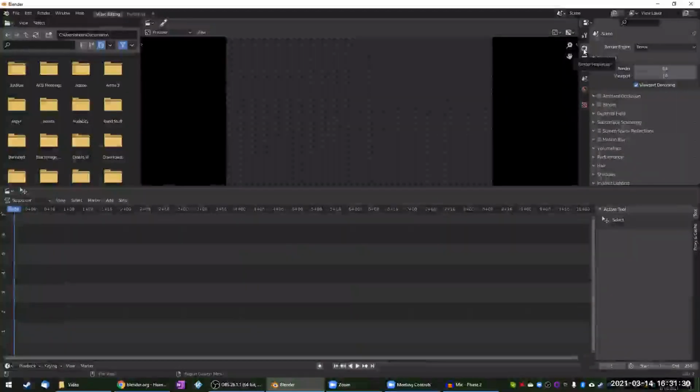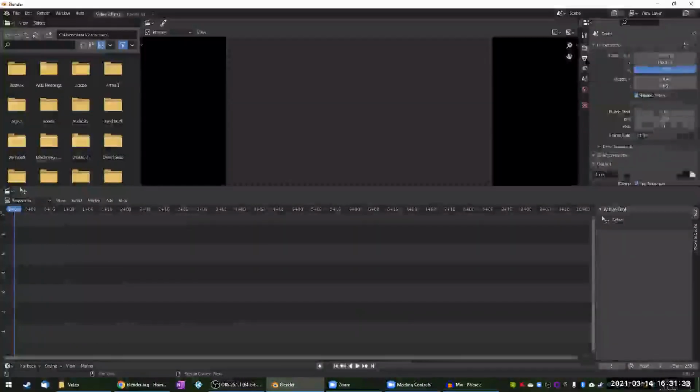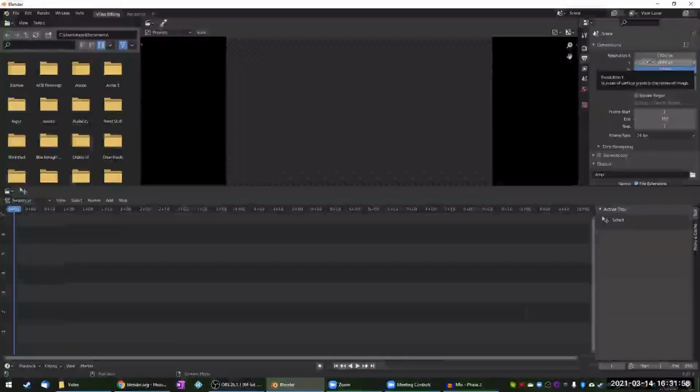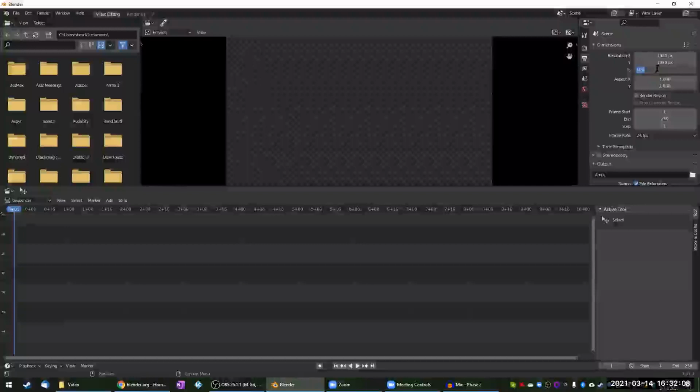We're going to look at our output properties, which looks like a little printer. This is the only settings tab that we're going to need to look at to make sure that our project is in place. Resolution: you can manually set how big you want your video to be. 1920 by 1080 pixels is the equivalent of 1080p. If you're watching a high definition video on YouTube, it's probably going to be 1920 by 1080. For our individual videos, we don't necessarily want them that big, but we don't have to mess with the resolution sizes. We can just cut the percentage down to make it smaller.